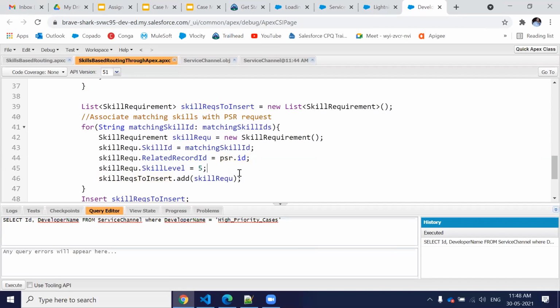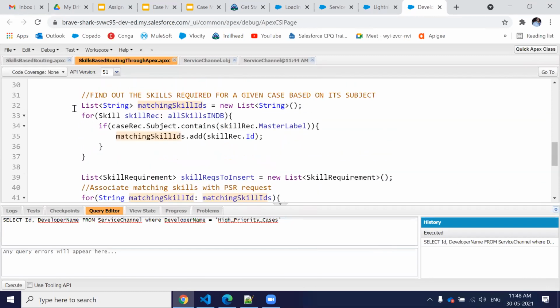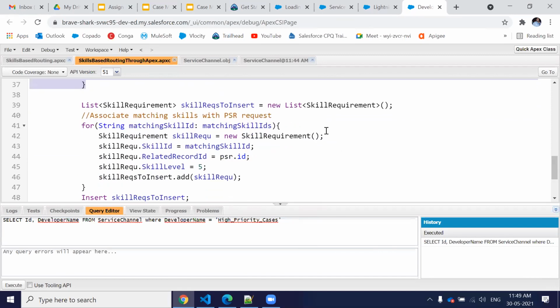And here we are providing the skill id which we have got from here. So this skill requirement object is binding those two objects together, means it's a junction object, and we are creating a record of that junction object which is going to connect pending service routing and the skill.